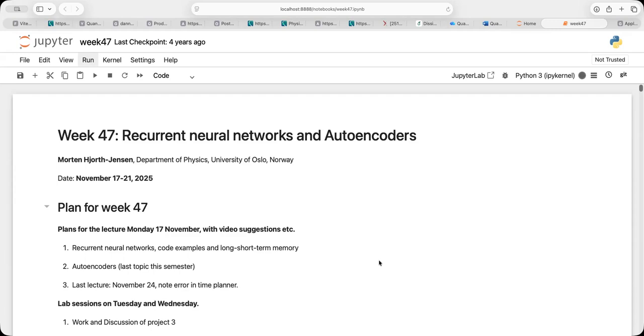Okay? So for the projects, if you want to use these methods, we would normally recommend using these libraries, because it would take quite a lot of time to write your own recurrent neural network code or a CNN code. We do have a course called Physics 5429, Advanced Machine Learning, where we can have as a 1 semester project to actually write an RNN or a CNN code. So for these 3-4 weeks which we have left, I do not recommend writing your own code. Okay, any questions about this?